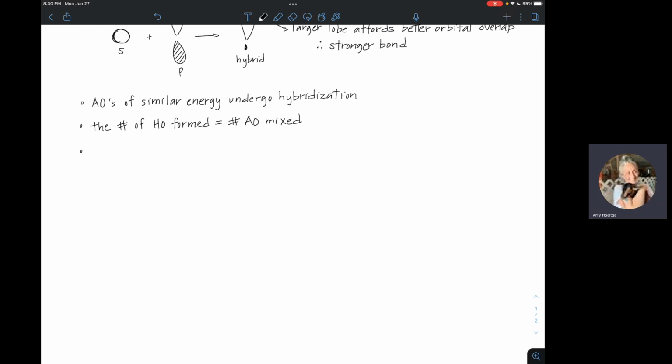So it is not required that all of the half-filled atomic orbitals actually participate in the hybridization. So you don't have to have all of these actually participating, and we'll talk about where we see that occurring when we get to it. So it is not required